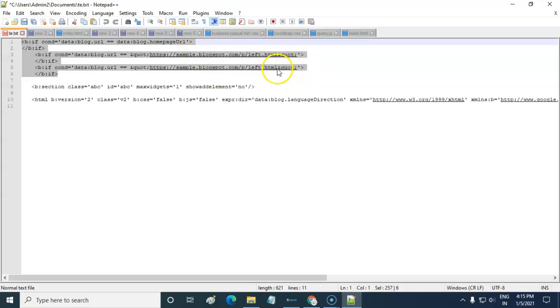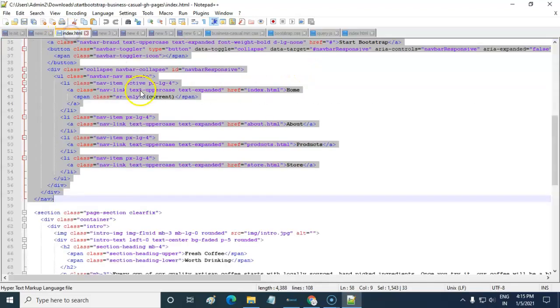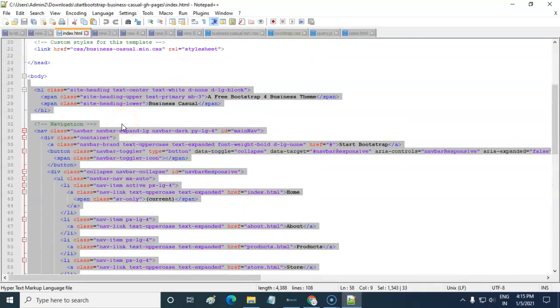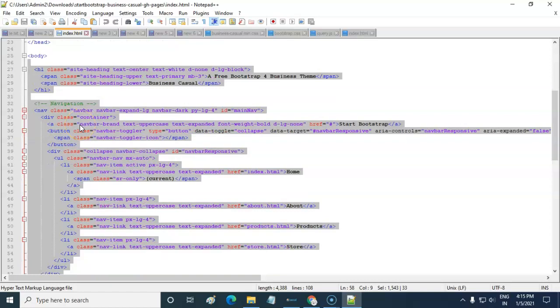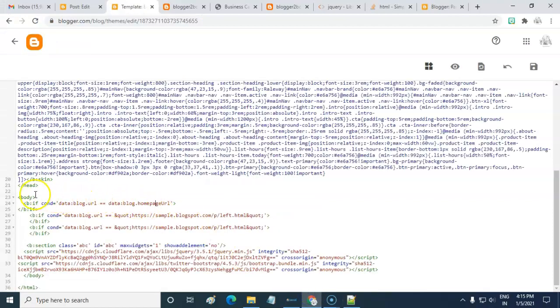Now let me add the index code in the home page. As I already said, we can use the heading under the navigation only one time. For this we have to copy this code and we have to paste this code just above the starting body tag.